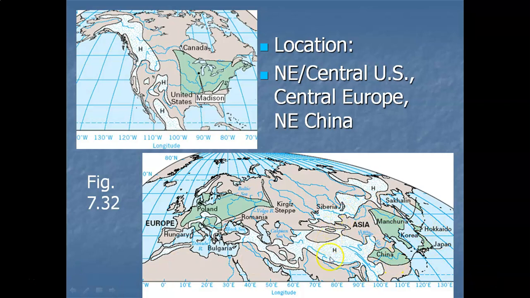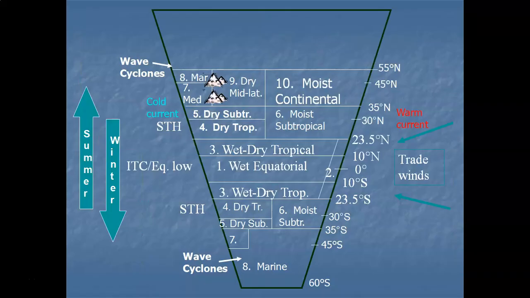Remember, China's a big, big country. And in southeastern China, it has our climate, the moist subtropical. And then to the northeast, you're going to find the moist continental. And so Beijing, the capital, is located about right here. Beijing has a cold, snowy climate, similar to what you would find in maybe Chicago or New York City. So we want to plot it on our hypothetical continent, mid-latitude location, the moist continental, and you're pretty much going to find it north of the moist subtropical, and in two major world locations in North America and Asia.